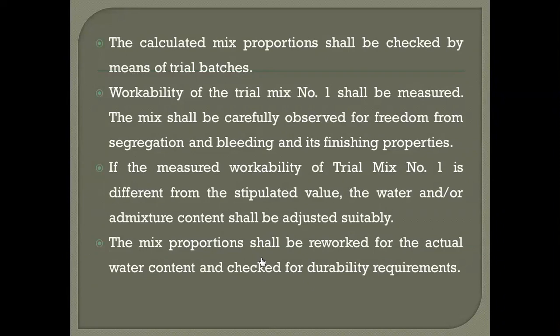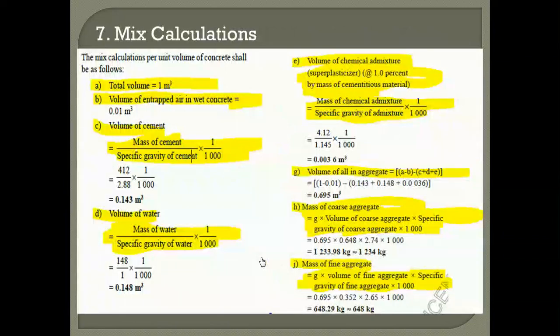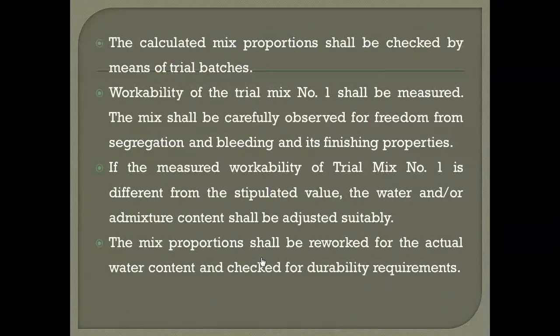If we are not able to achieve that 75 slump, then we have to do the second trial by adding water content or by adding admixture content. We have to adjust suitably. If you see the calculation, there we have added 1% of admixture. So in the second trial, we have to increase the admixture dosage by reducing the water content. Like that we have to do a number of trials, so that the workability that we have specified in the data, and the strength that is specified in the data, that is M30 in the example that I took, are achieved.